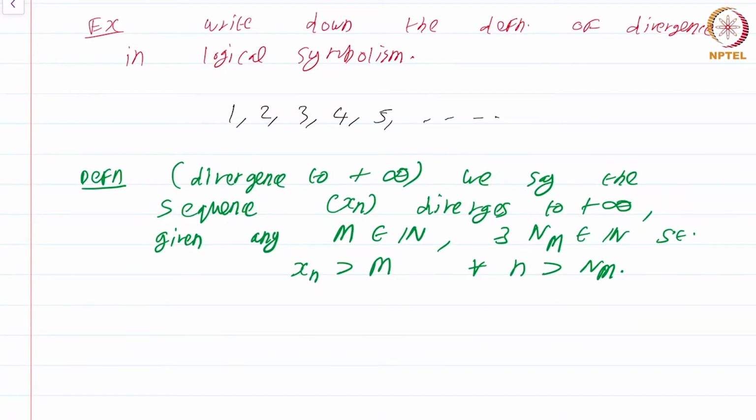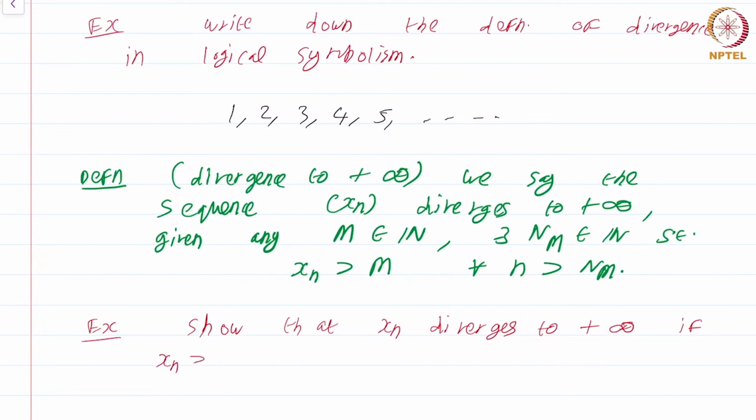So this is fairly straightforward now that we have spent quite a lot of time digesting the definition of convergence. Again, some more exercises for you. Show that xn diverges to plus infinity if xn is